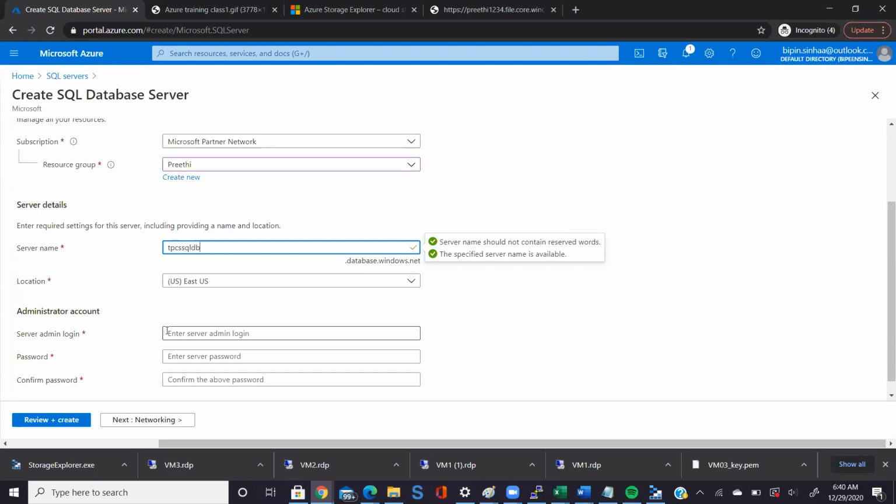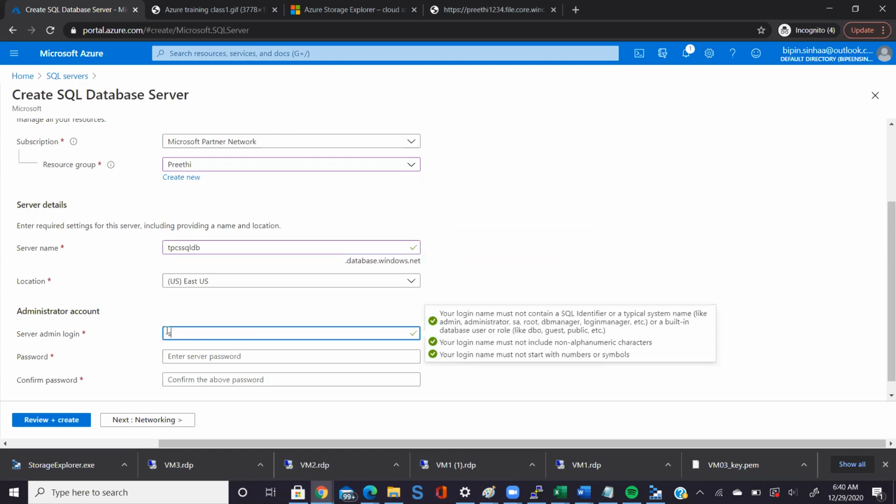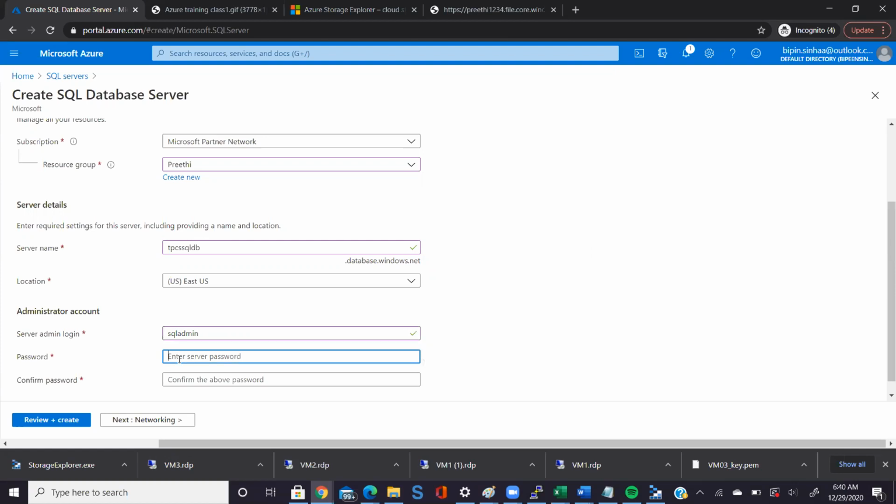And then below you have to just create the admin login. Just say server admin login. Just type there SQL admin, maybe, as the username. Password, give password @123.